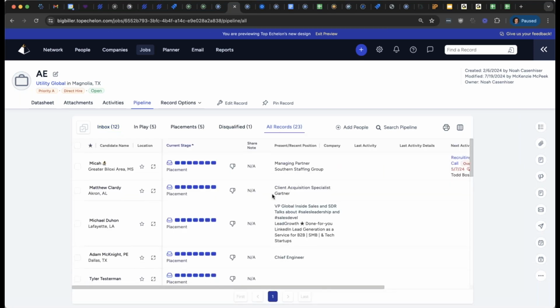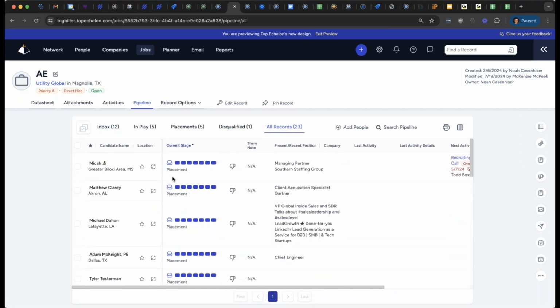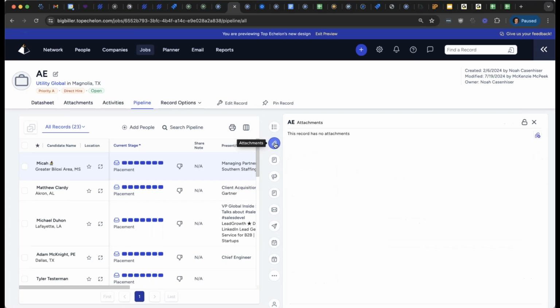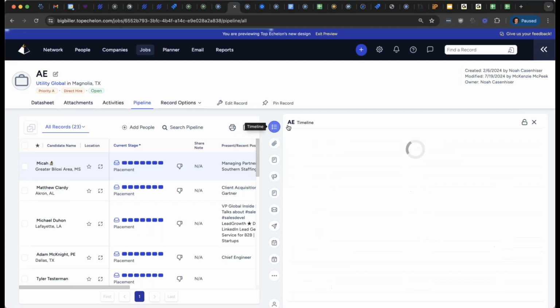That way I'll be able to see everybody that's in the software and what their status is. Obviously the preview still works here, so you can quickly preview a candidate, kind of see what's happened with the person. You can see any attachments on the record. And then, well, now I'm moving into the job itself, but